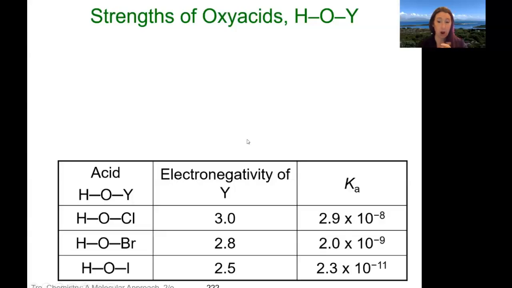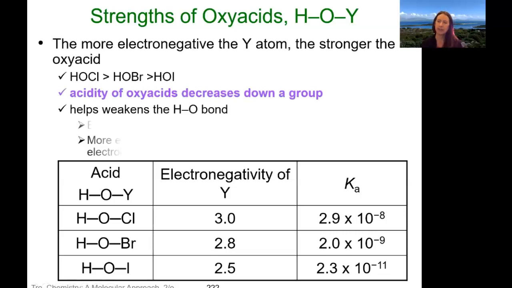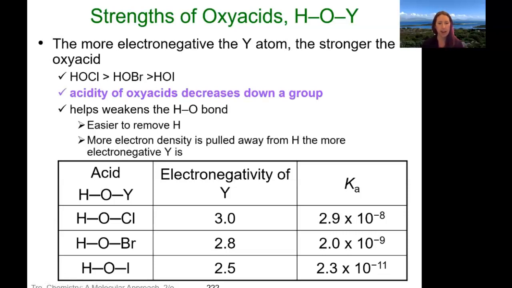The next one are oxyacids. So for oxyacids, it's really electronegativity that rules how they work. It's really based a lot on polarity too. Okay, so the more electronegative the element is,